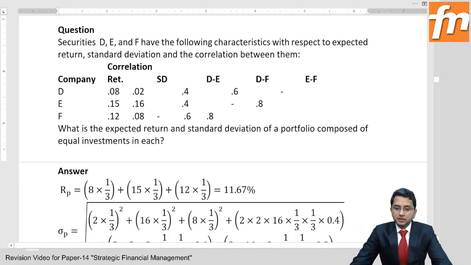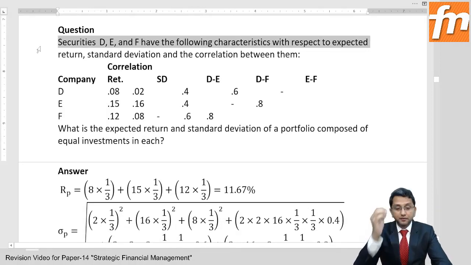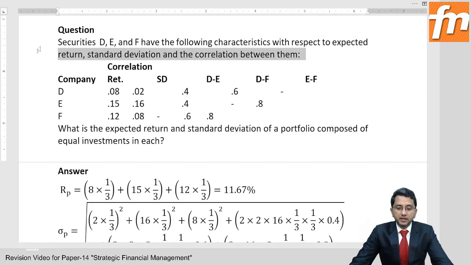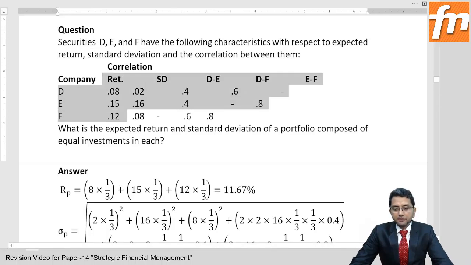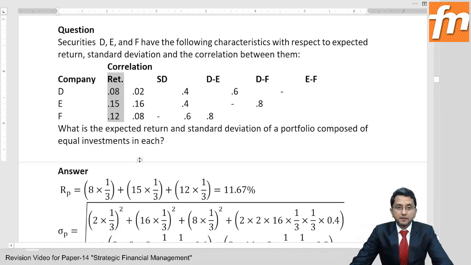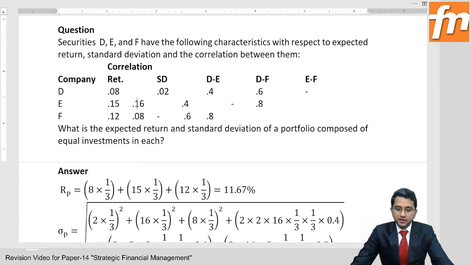Let's do one question on this. Securities D, E and F have the following characteristics with respect to expected return, standard deviation, and correlation between them. So return on D, E, F is like 8, 15 and 12%. And standard deviations,